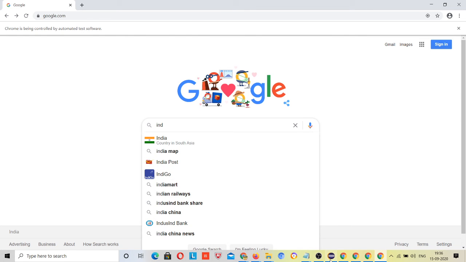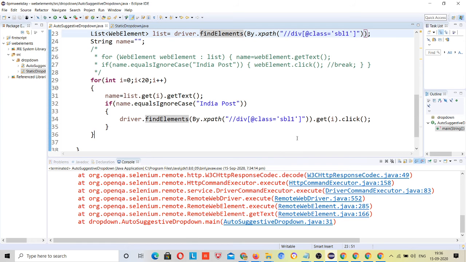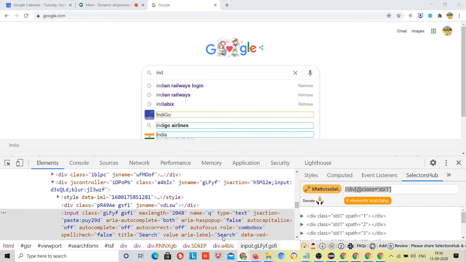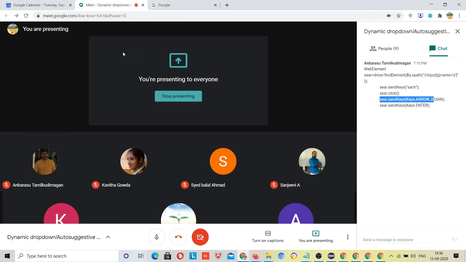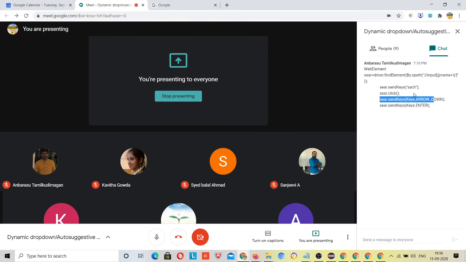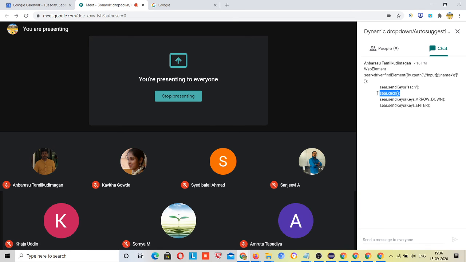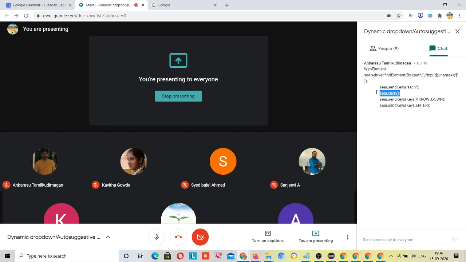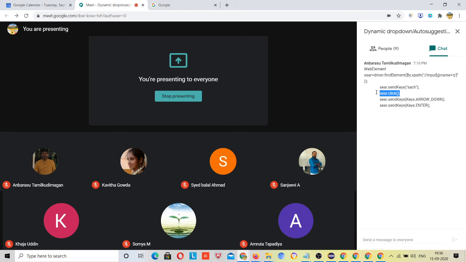So this was the second way, right? We have multiple ways to automate the dynamic drop down, but our first way was the easiest way, right? Although this worked fine this time, and I appreciate this effort, it is working as of now, but this is not the right way.